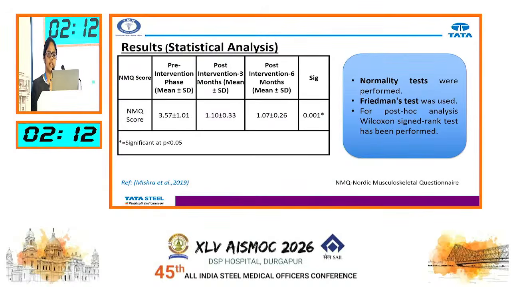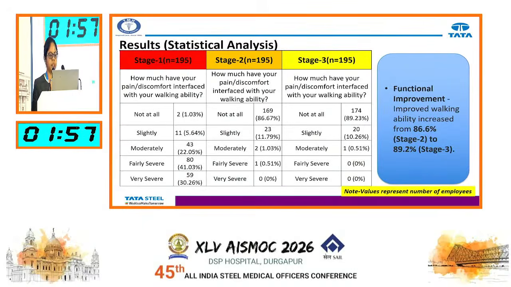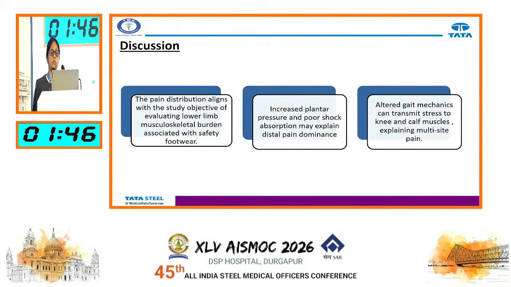In statistical analysis, normality was tested using the Kolmogorov-Smirnov and Shapiro-Wilk tests, and the data was non-normally distributed. That's why the Friedman test was conducted across baseline, 3-month and 6-month phases. Post-hoc analysis with the Wilcoxon signed rank test also showed significance. In percentage pattern, functional improvement increased through improved walking ability, from 86.6% to 89.2% in stage 3. The observed pain distribution aligns with our study objective of lower limb musculoskeletal burden associated with prolonged use